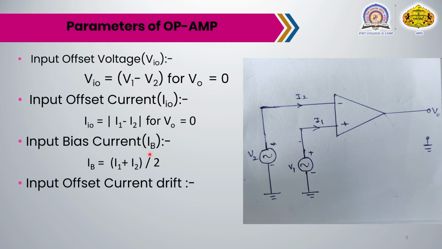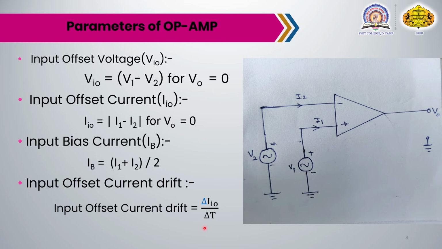Input offset current drift. Input offset current drift is defined as the ratio of change in input offset current to the change in temperature, and mathematically we can show it like this. Input offset current drift is equal to delta IIO, the difference between the value of IIO at one temperature and the value of IIO at another temperature,